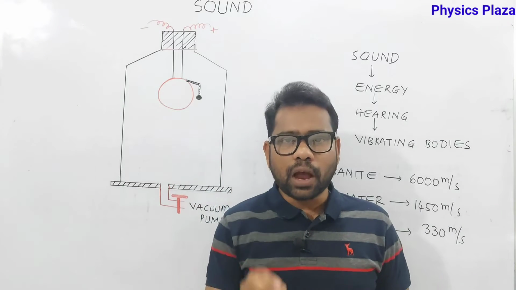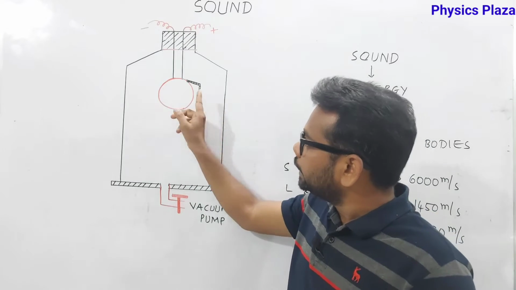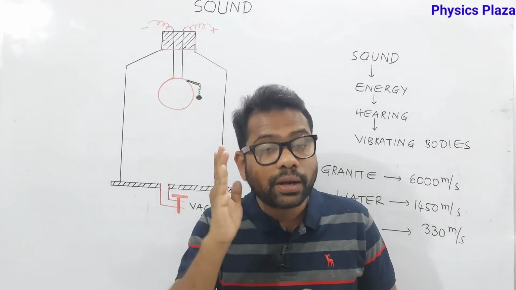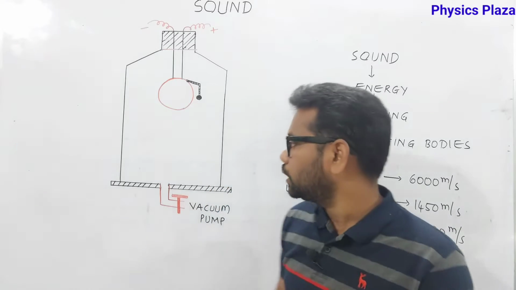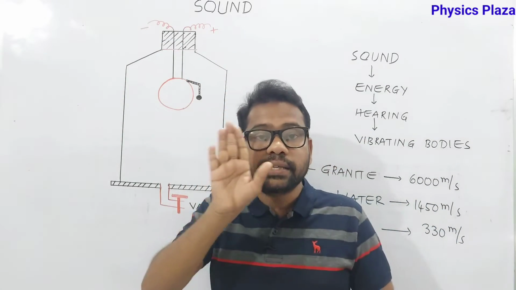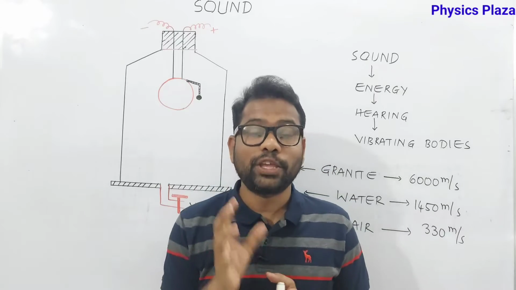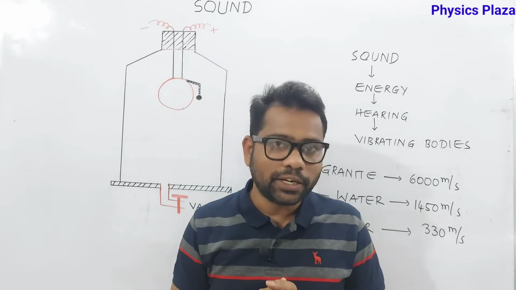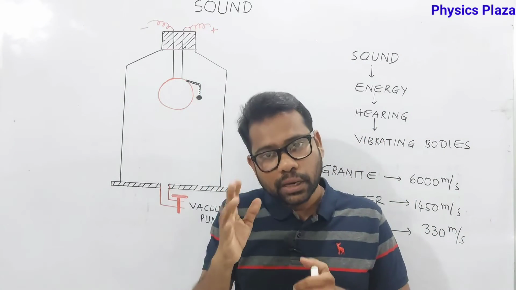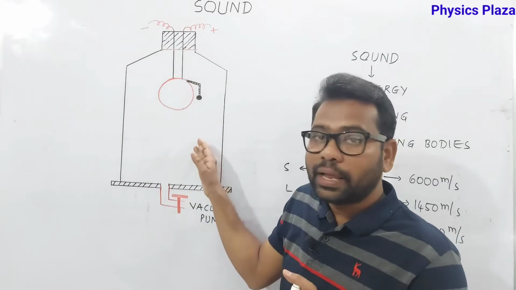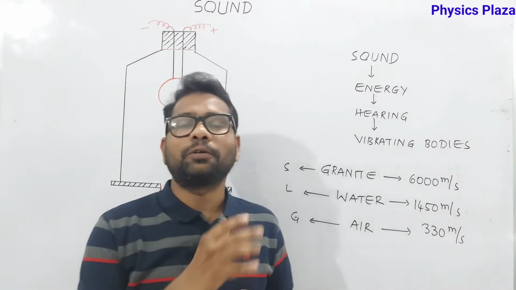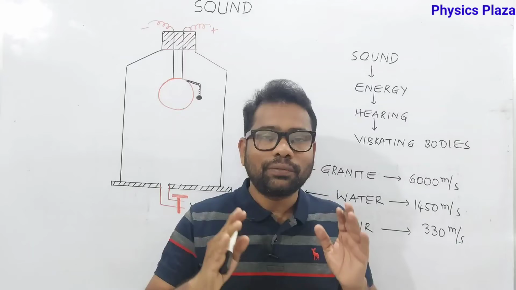After a certain time, though the hammer is hitting the gong continuously, so that the gong will be vibrating, we can't hear the sound. The reason, children, is that the complete air is removed with the vacuum pump. Then what is left inside? Inside it is completely vacuum. Vacuum is created. So children, once again I am telling you, though the hammer is hitting the gong and the gong is vibrating continuously, as there is no air, as vacuum is created, we can't hear the sound. So with this experiment, we can conclude that sound cannot travel through a vacuum.